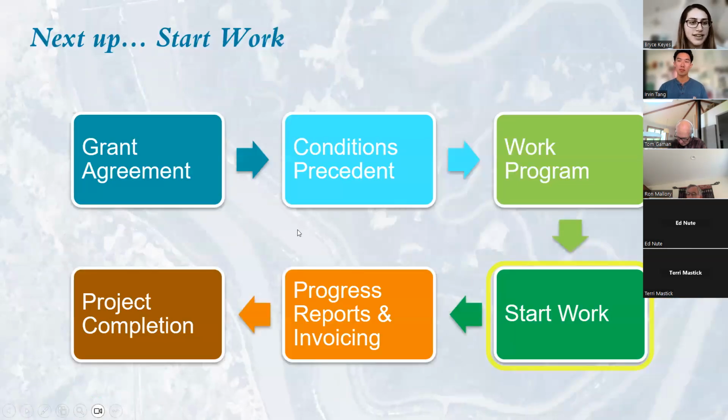Okay, next slide. And then the last piece is your start work letter. I'm going to pause though for questions. And I do see that there are some in the chat. Okay. So Jack says,